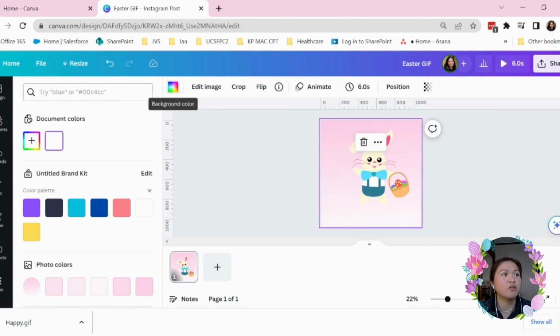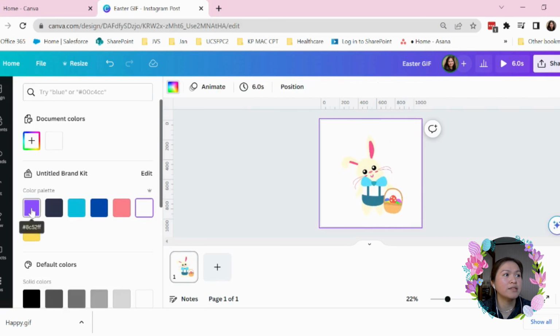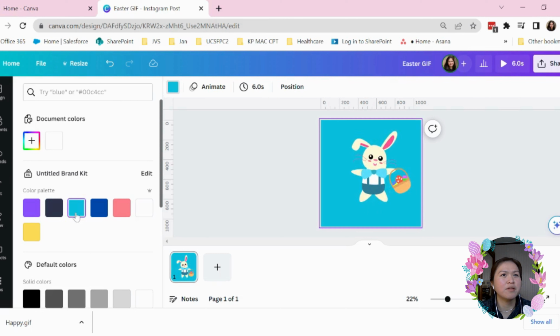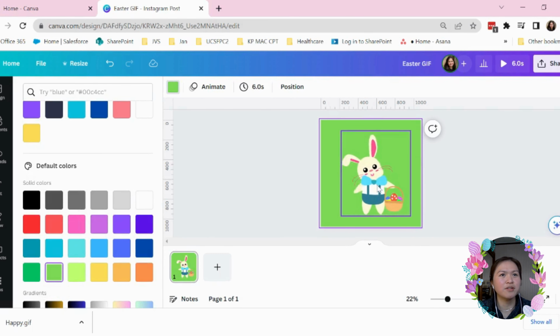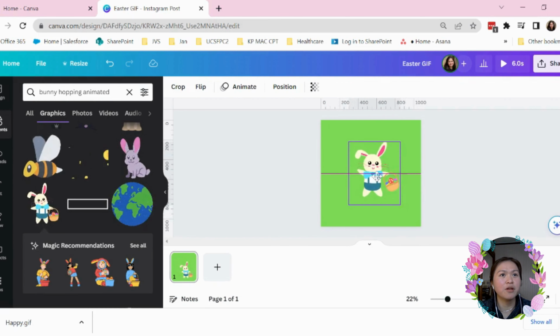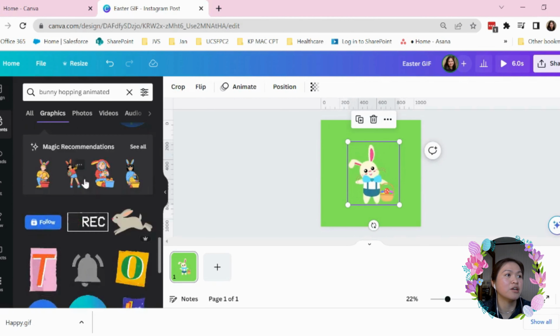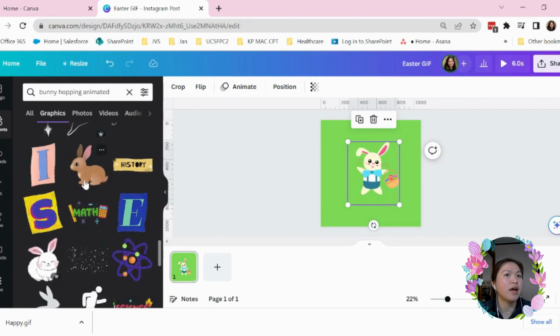If you wanted to change the color of this background, for sure you can. Just click on this rainbow square for background color, choose a darker one like this, or maybe just leave it white. For now, I think I would like to leave it with, I don't know, what do you think? Let's try green color. Alright, so let's make it a little bit smaller because I wanted to add other elements in here, such as, let's see, I wanted to add